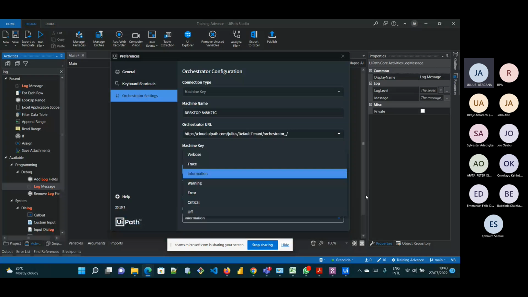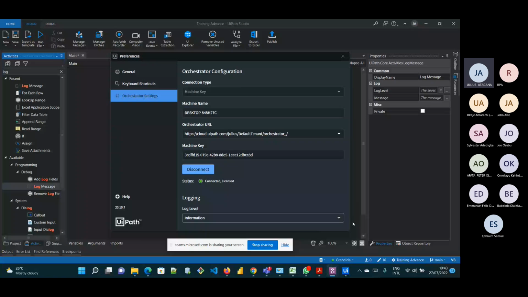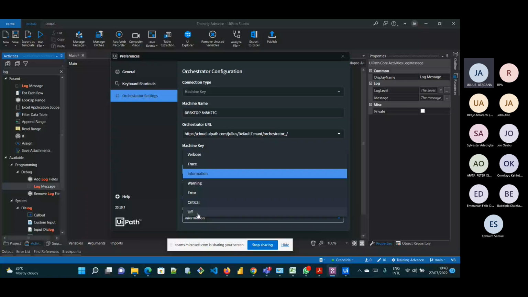Now, this is the studio assistant, the UiPath assistant. And I was showing us the log levels, that we have 6 different log levels. The default is information. You may be asked, what's the default log level? So you just know that it's information. And I could turn off the log from here such that logs are no longer written to the orchestrator. Then the first level there is the critical.